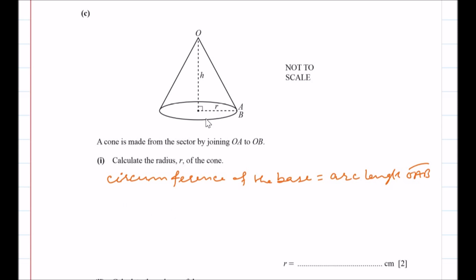So circumference is here, radius given r for cone, so 2 pi r is equal to